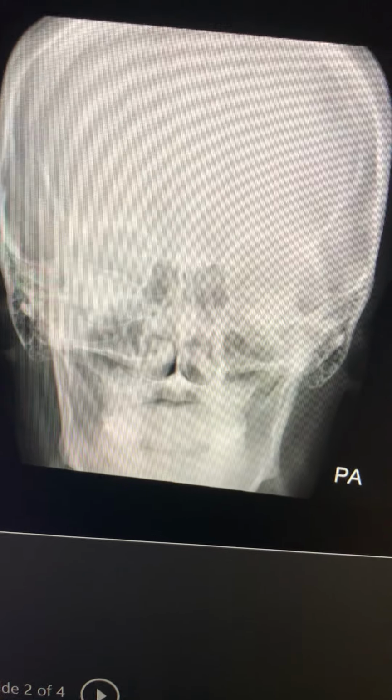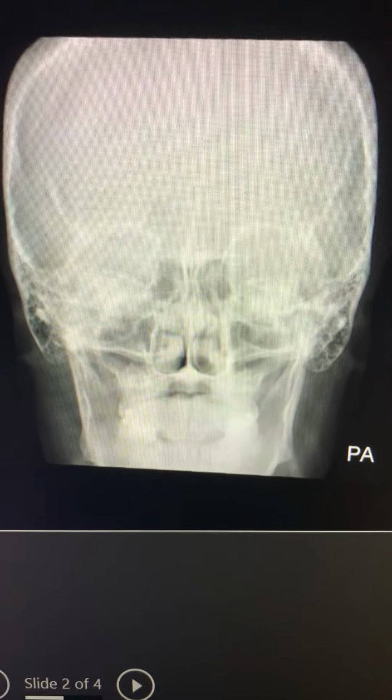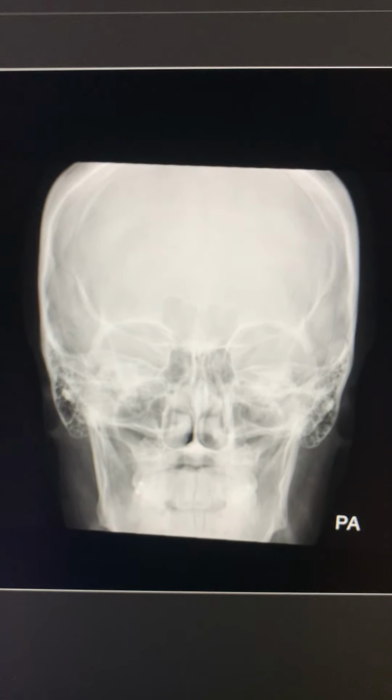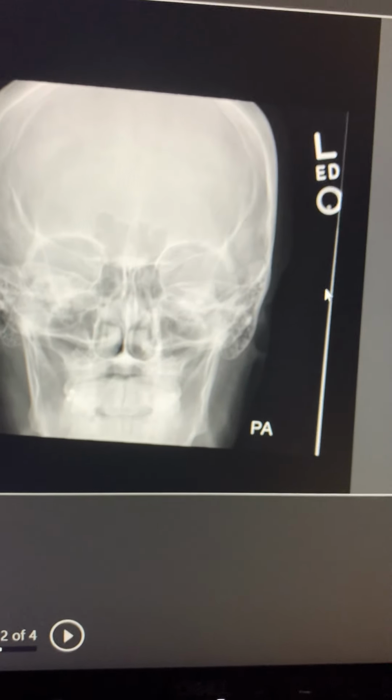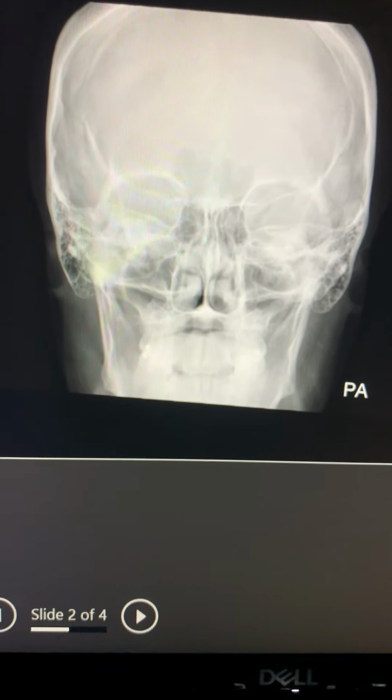Due to the sinuses and the nature of them, we need to record the air fluid levels. These radiographs were taken on a Carestream digital. The patient was seated,